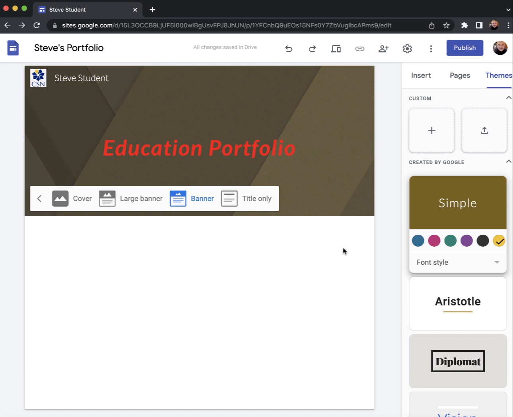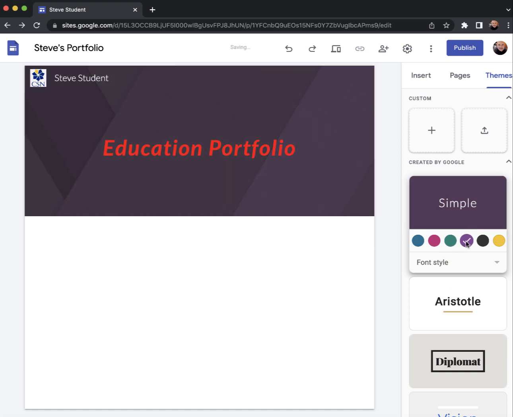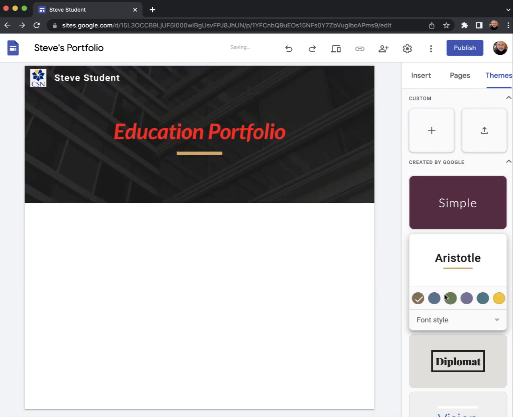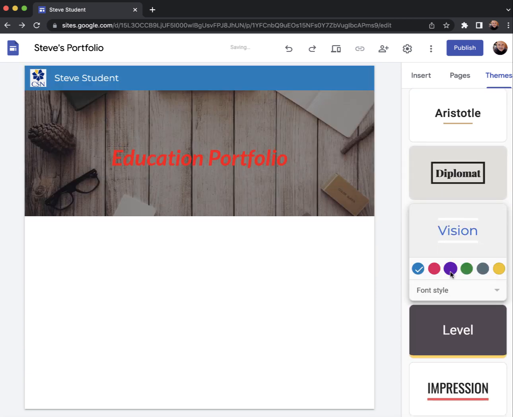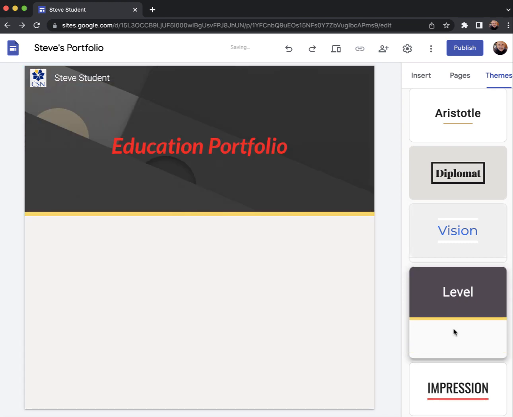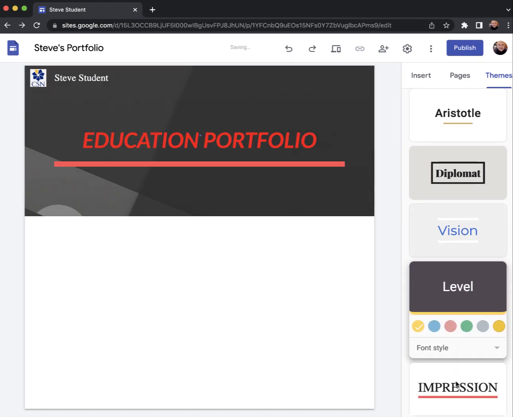the banner page. And then if you go over to the right, under Themes, you have a choice of a whole bunch of different ways that this will look. You can change the color of the current theme. You can choose other themes that are available to you and change those colors if you'd like. There's a number of those available to you, and like I said, you can change the picture behind it